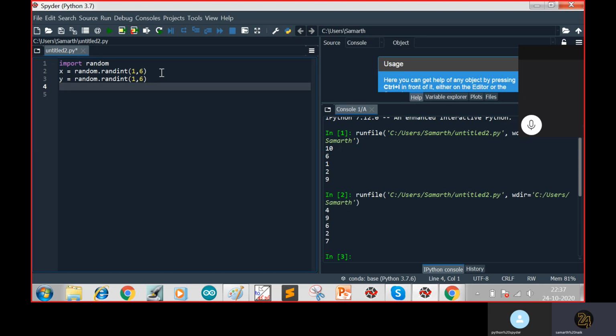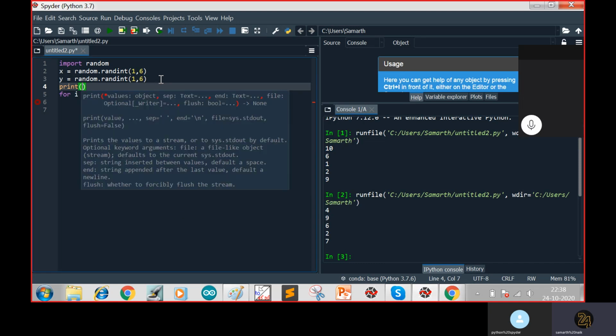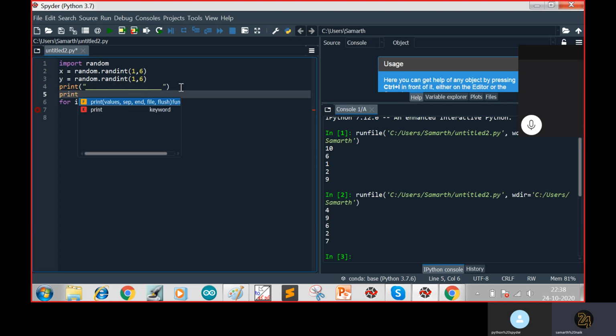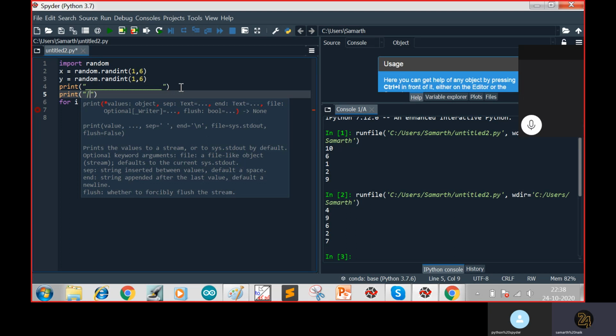So let's start. For i in range of 10, 10 times of play. Actually before this you need to print, as we are making a table kind of thing. This is just for display purposes, you can change the structure of the table if you don't like it.